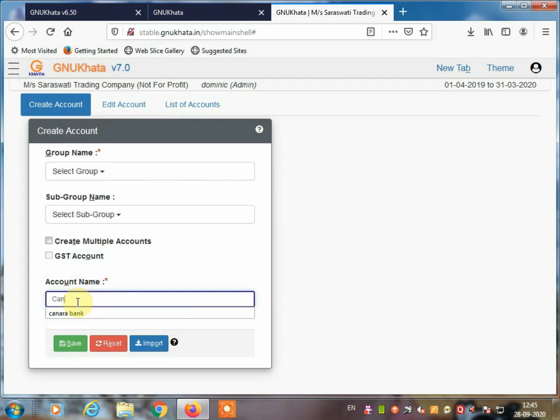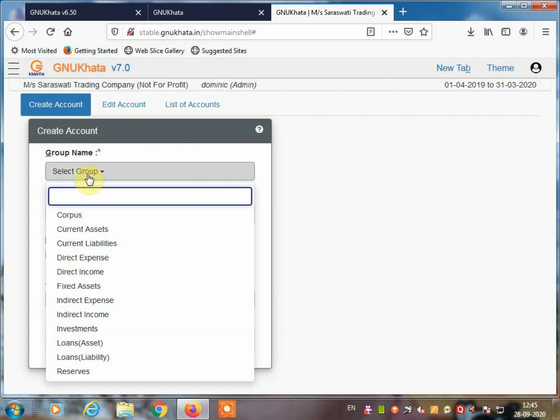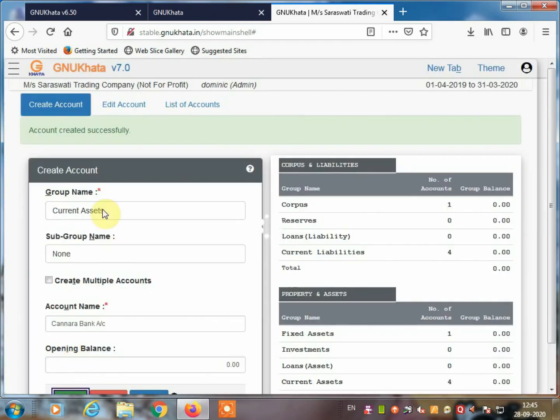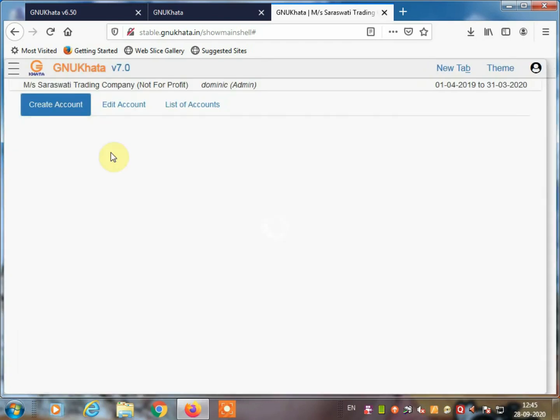Canara Bank account. Current asset, because bank comes under the current asset. So group name is current asset, Canara Bank. Okay, so a little bit of changes are there. Opening balance in order, click on the save. Okay, this way also the account we created successfully.